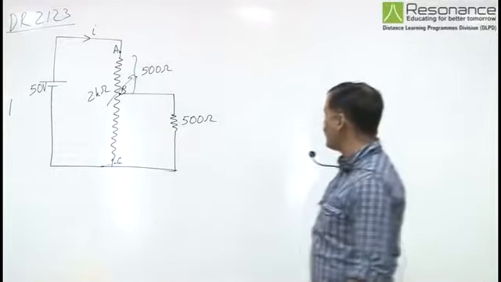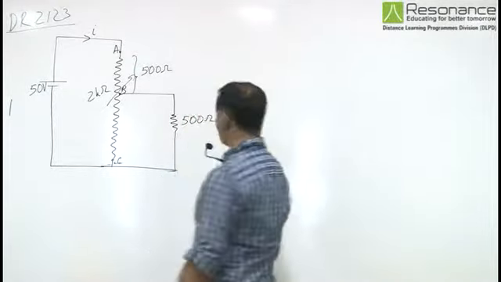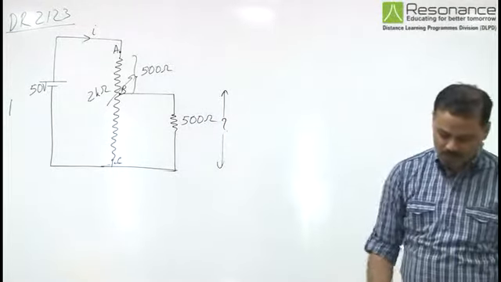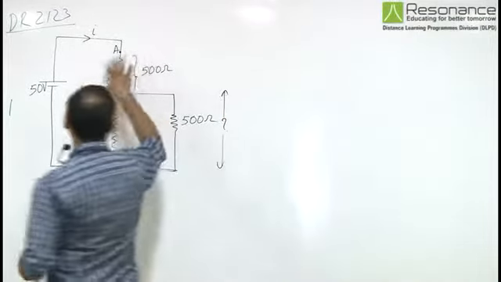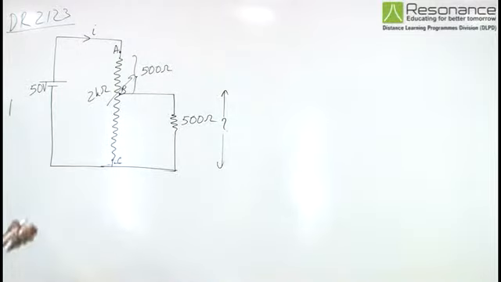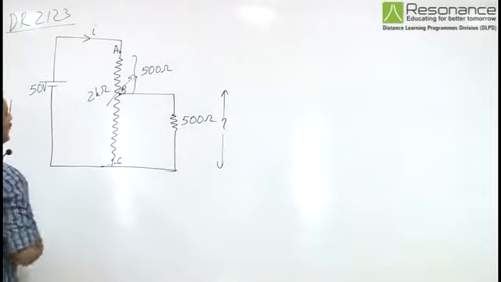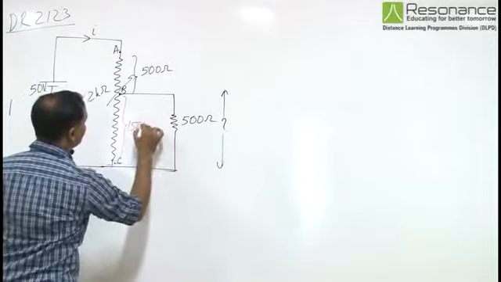the potential difference across this load? What will be the potential difference across this 500 ohm resistance? This is the first part of the question. So if we look at the total resistance of AC is 2 kilo ohm or 2000 ohm, then if the resistance of AB is 500 ohm, the resistance of BC is 1500 ohm.